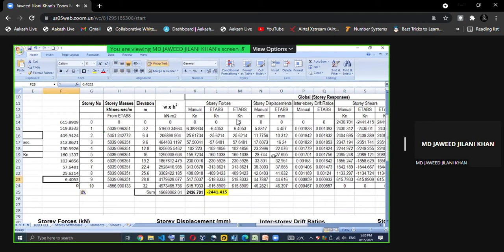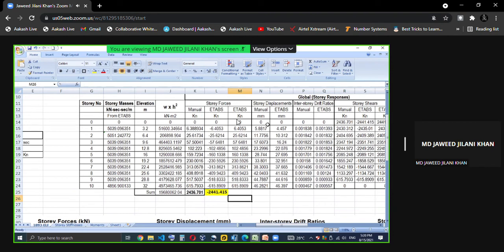So I've just reversed it. From ETAP, I got this value. Sometimes you may get a negative value, but we are concerned only with the absolute value. So this is the absolute value. If you sum them up, it is 2451, which we got already from ETAP. Right now, we have the manual calculation and the ETAP calculation, and they are comparable.